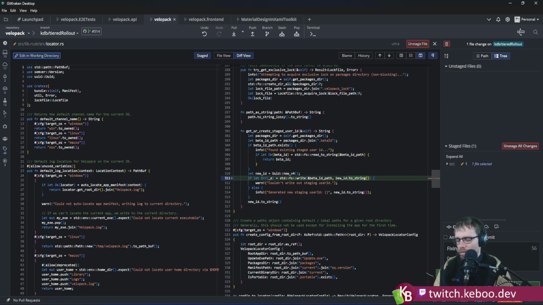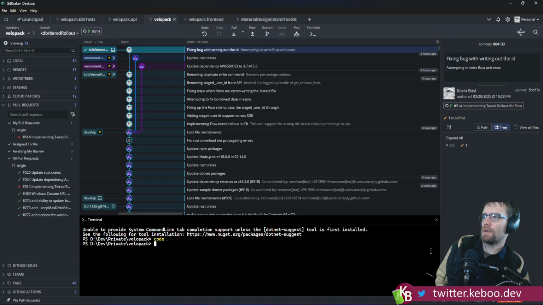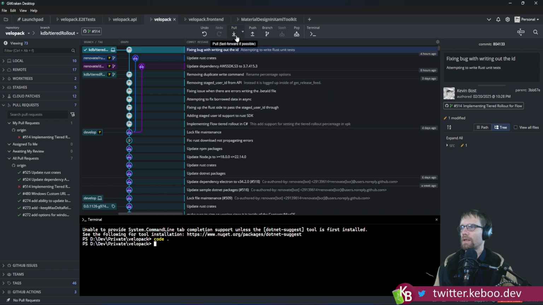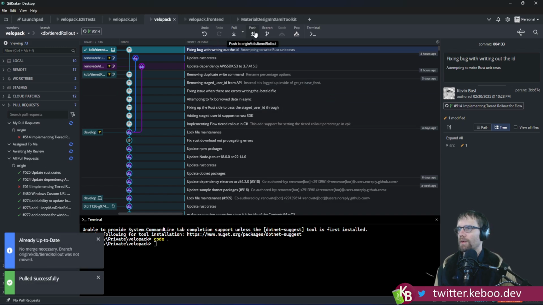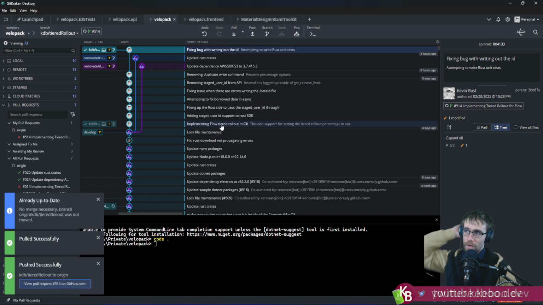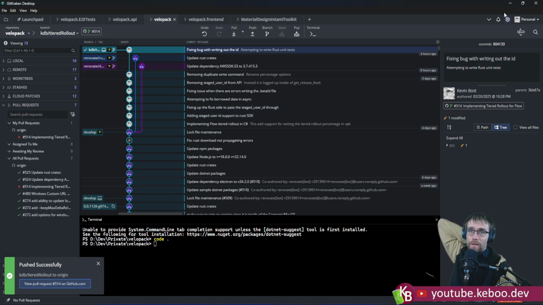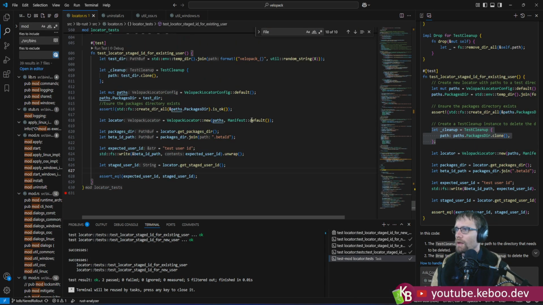In bug with writing out the ID, attempting write Rust. Right. Boo, yeah. Okay, that gets us there. Oh, pull doesn't do anything. Push. Okay, and then Kaylin can go review my Rust code and tell me everything that I did wrong. But